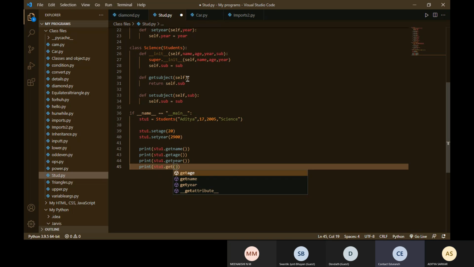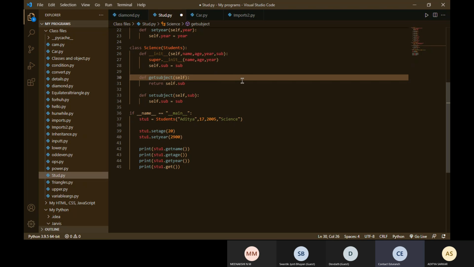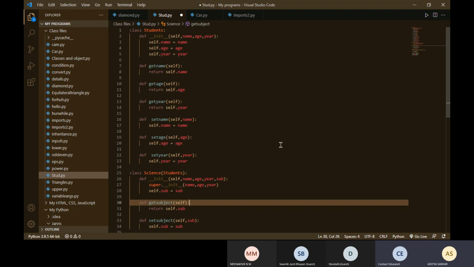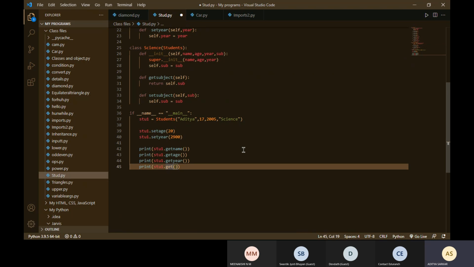Self will be provided by Python when you call, not in the definition. Line number 27, this one. Remove that. Super is to call the parent method. That's all. Whatever we want to initialize separately is stored in the initialization of the science student. Okay. Now I think I'll get it.